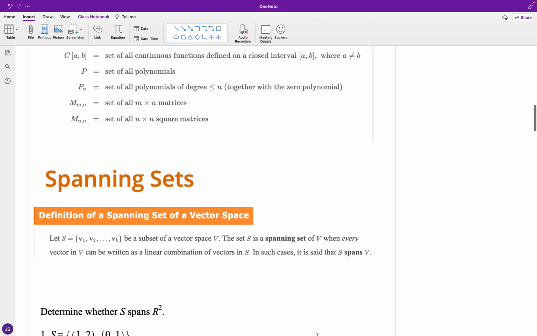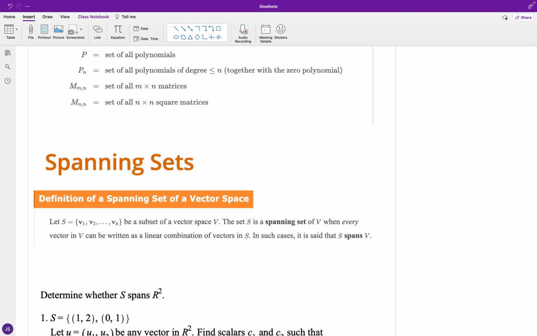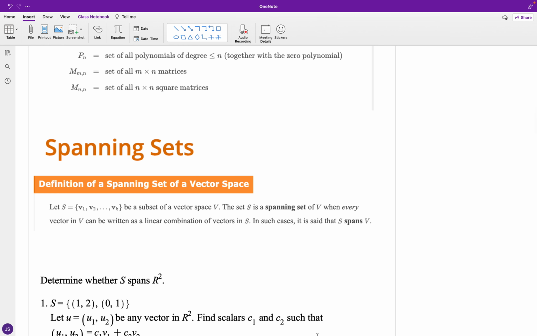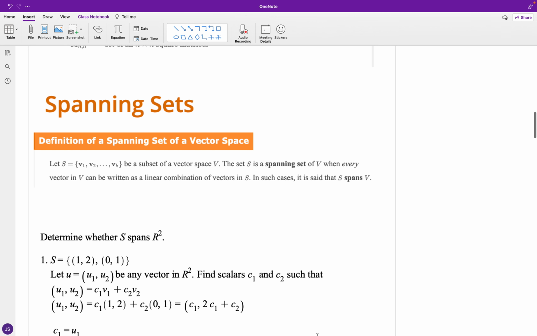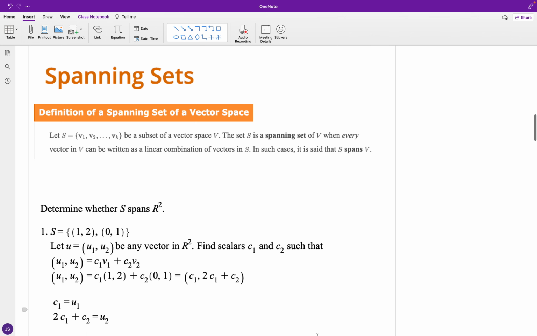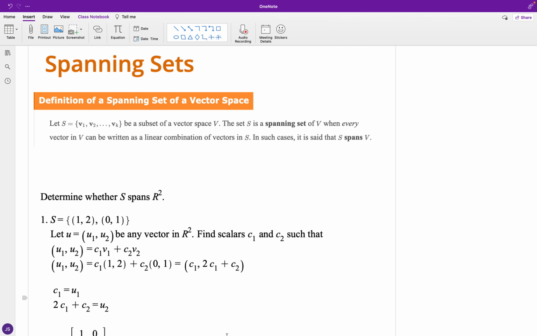Let me give you a case here, going back to the set of all real ordered pairs. Let's say we want S to span R2, again the set of all real ordered pairs. So if we had S equal to (1, 2) as well as (0, 1), we can let u be equal to (u1, u2), and this will be any vector that we have in R2,